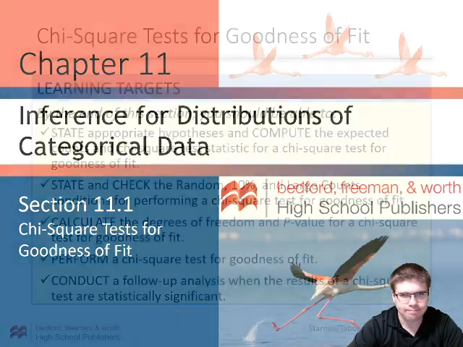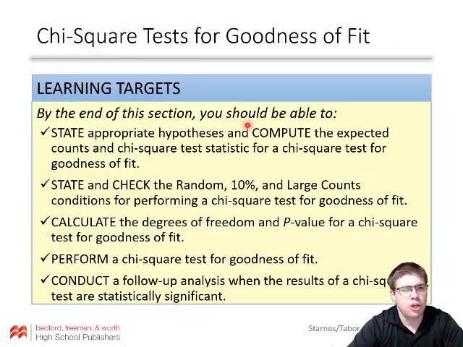Terrible name. All right, by the end of this section, you should be able to state appropriate hypotheses and compute the expected counts and Chi-Square test statistic for a Chi-Square test for goodness of fit. You should be able to state and check the random, 10%, and large counts conditions for the Chi-Square goodness of fit test. You should be able to calculate the degrees of freedom and p-value for a Chi-Square goodness of fit, perform the Chi-Square goodness of fit test, and conduct follow-up analysis when the results of a Chi-Square test are statistically